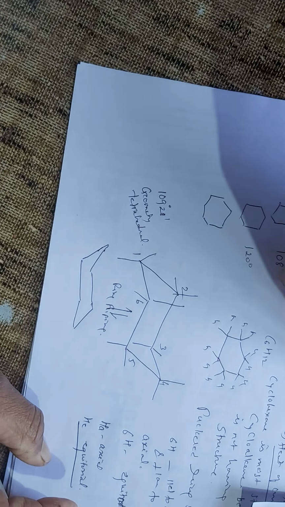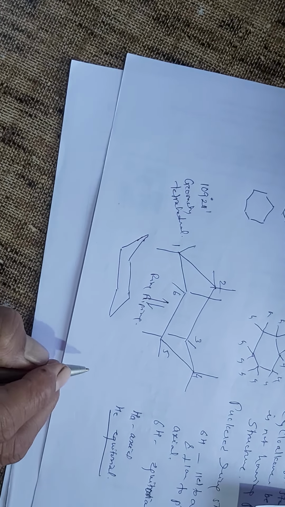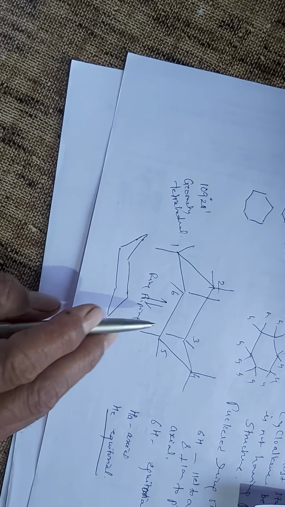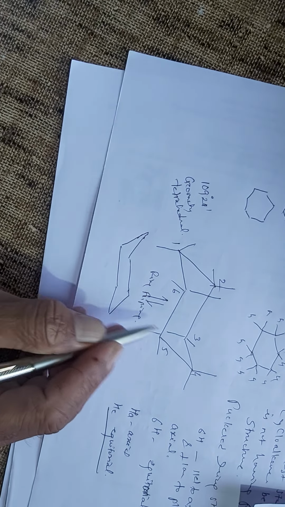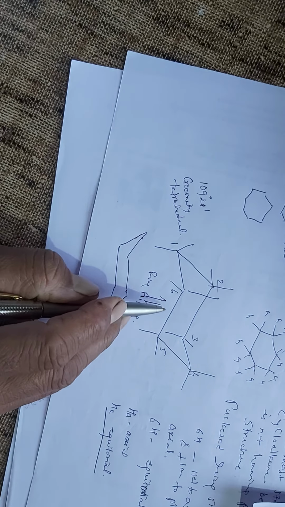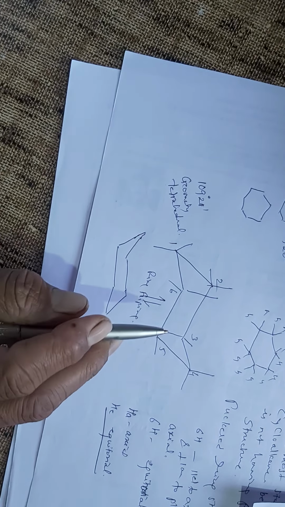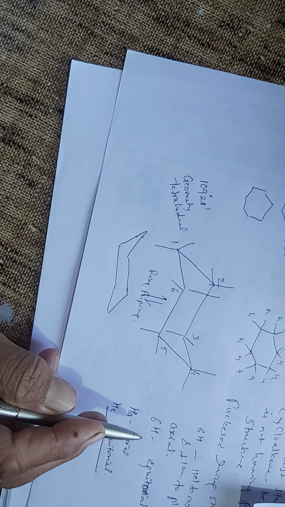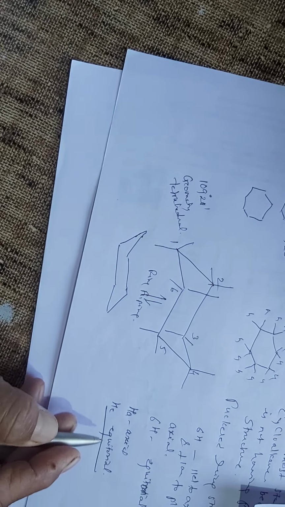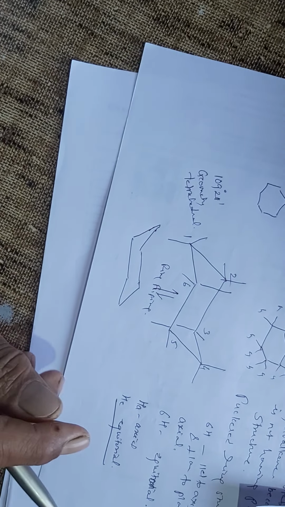And so in the last lecture we studied the conformations of cyclohexane. Two chair forms are possible, chair 1 and chair 2, and these are the stable structures. Chair 1 proceeds to form chair 2 via boat conformation, twist boat conformation, again boat conformation, and then chair 2 conformation. In this way the ring flipping is taking place. This also we have studied.